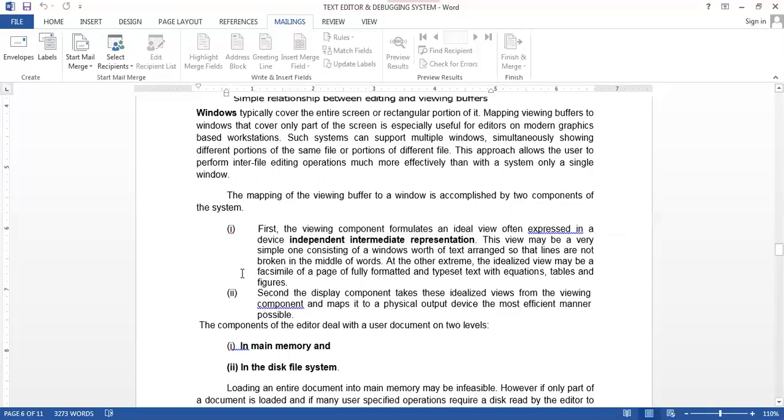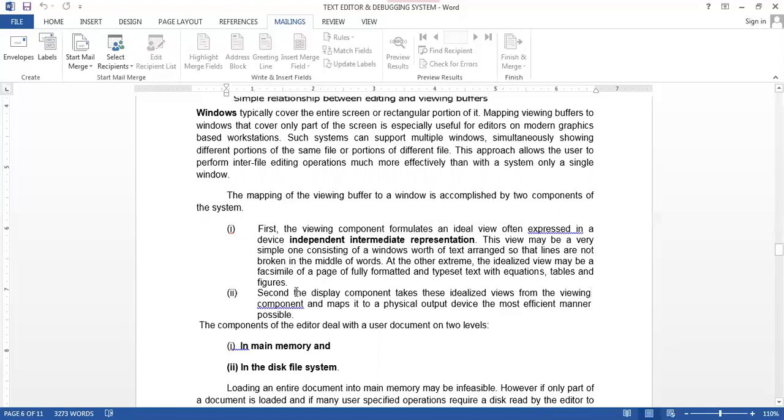This view may be very simple, consisting of windows of the text arrays so that lines are not broken into words. Whatever view we generate will be arranged in proper lines. It will not be broken; the text words will be in proper place.